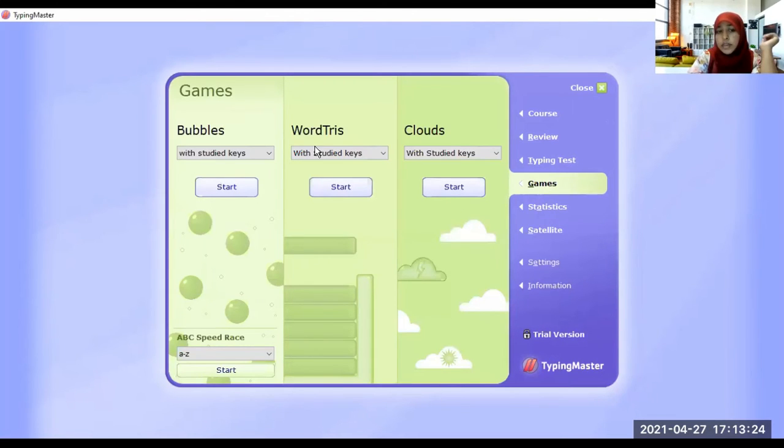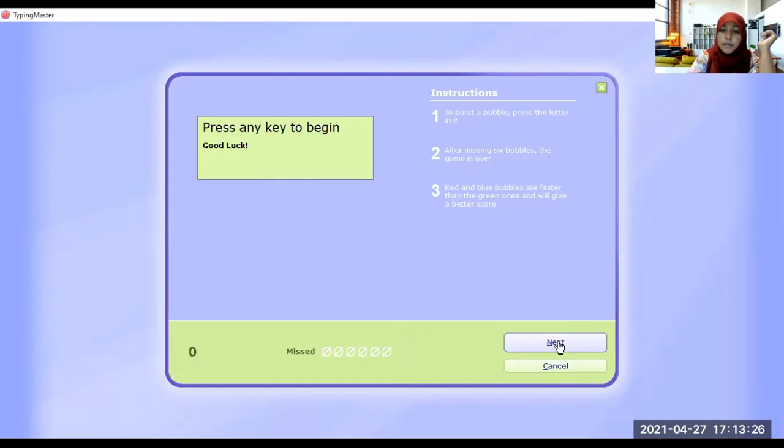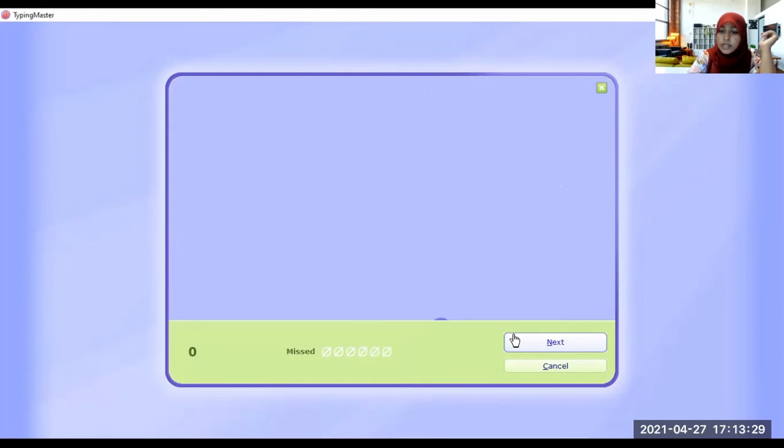Okay, going to the games, there are three kinds of games, right? For an example, a bubble game. If you go to the bubble game, you should click on the letters which are appearing. You should do it without looking at your keyboard.